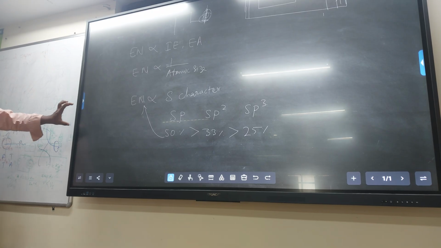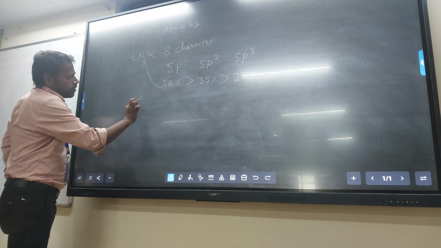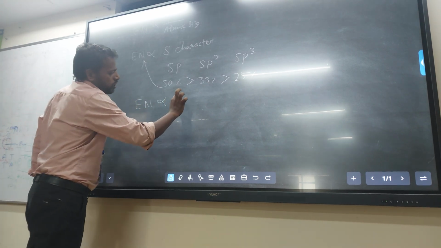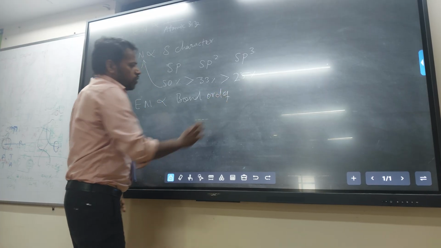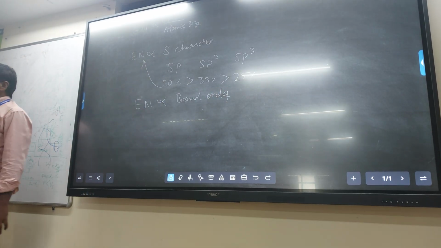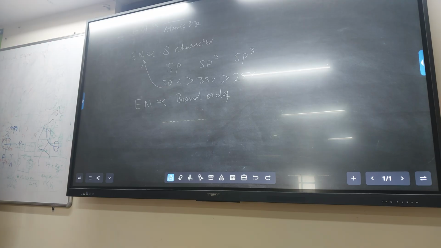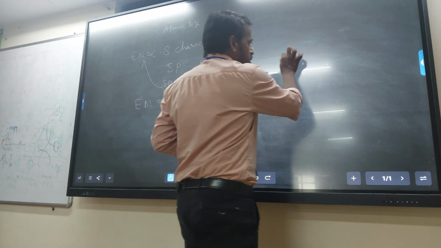And one more: the electronegativity is directly proportional to the bond order. Okay, bond order. So what does bond order mean? Bonding electrons minus anti-bonding electrons divided by 2. That we will discuss later. You know the bond order, right? Bond order means